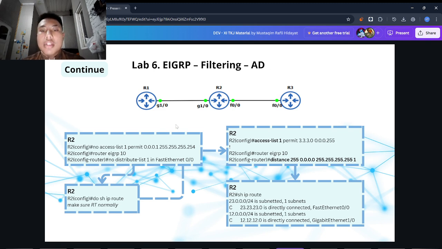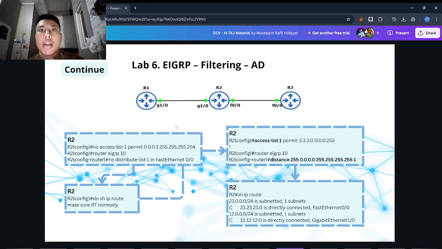It does not stop route advertisement, but it controls whether the route is installed in the table. It is useful when you want routers to still exchange routes for backup or learning purposes but not actually use them. If you set AD to 255, the route is completely unusable, effectively filtered, compared to ACL or prefix list.